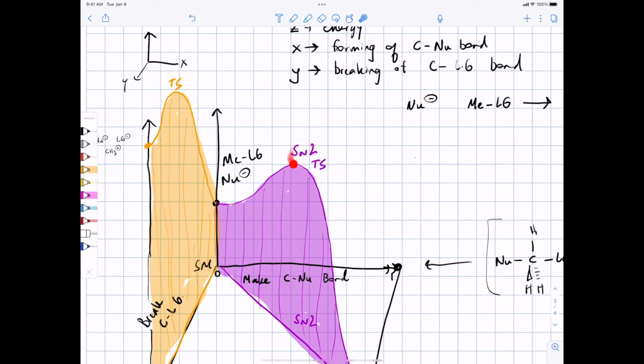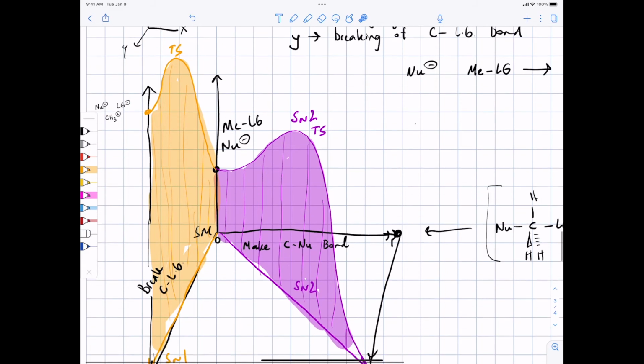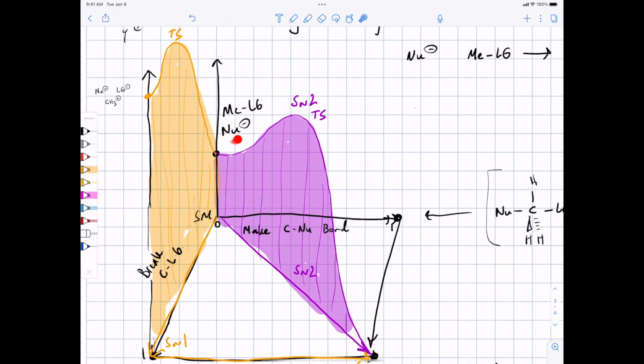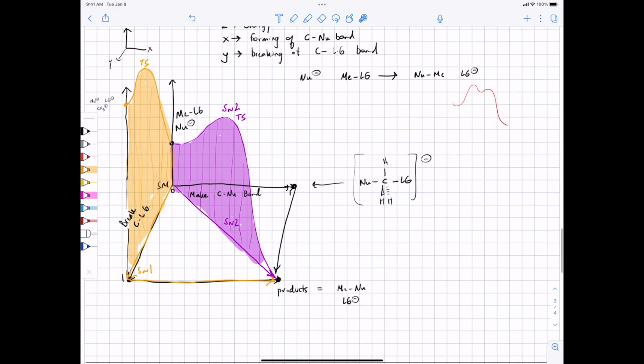the thing that really bumps up the SN2 transition state in energy are steric factors for the size of the nucleophile and for the size of this group that bears the leaving group. And for methyl, that's pretty small. So there's less electron-electron repulsion as the nucleophile approaches the methyl group. All right, well, once we get to the carbocationic intermediate, then to get to products, we simply have to make